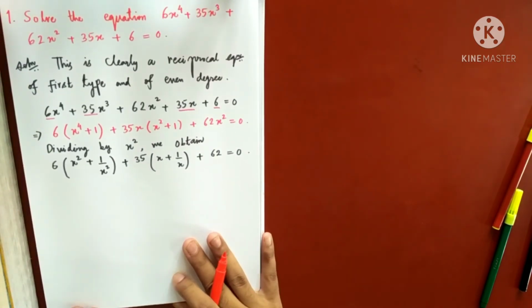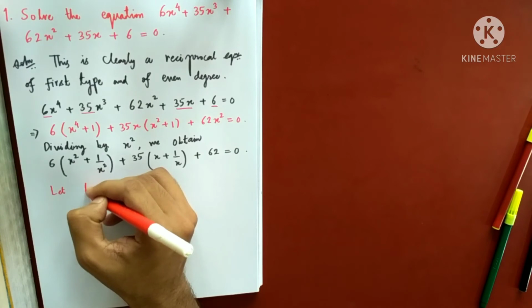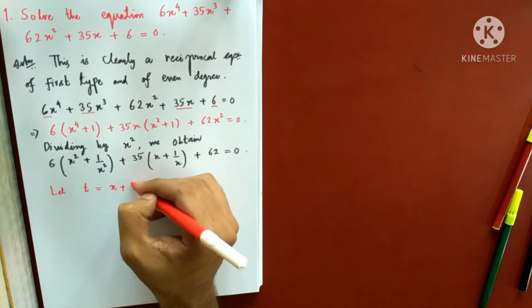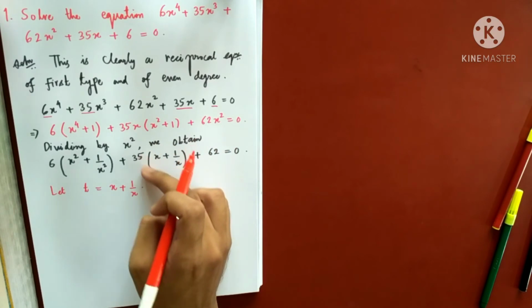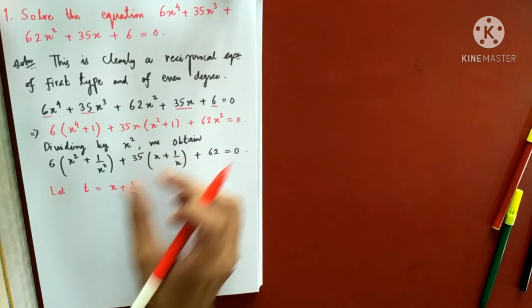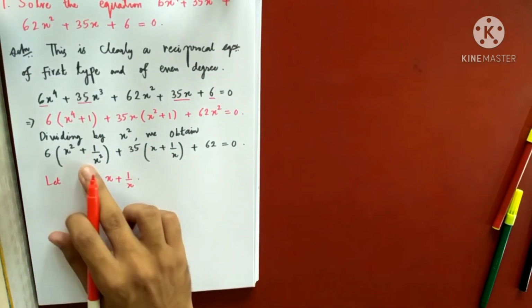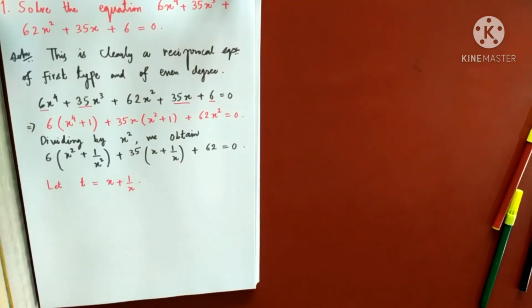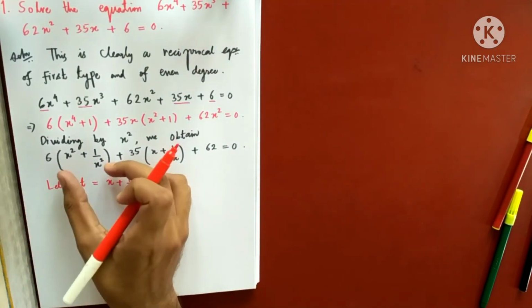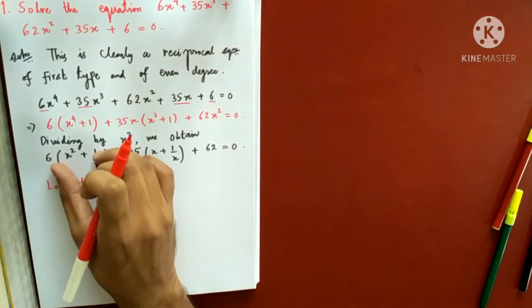Now you take this as t or any new variable. Suppose I am taking that as t equals to x plus 1 by x. This is nothing but t. This is nothing but t. So this can be expressed in terms of t. This is very easy. How can this be expressed in terms of t? Can anybody tell me what is the value of this in terms of t? This you have done in class 8 or 9. How to express, if this is given to you, how to find this.